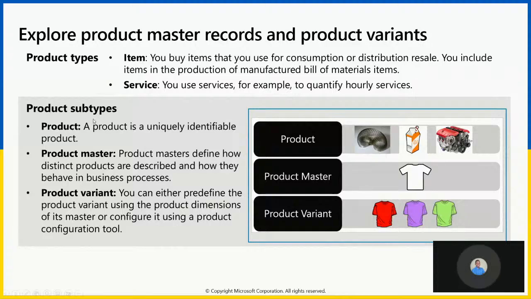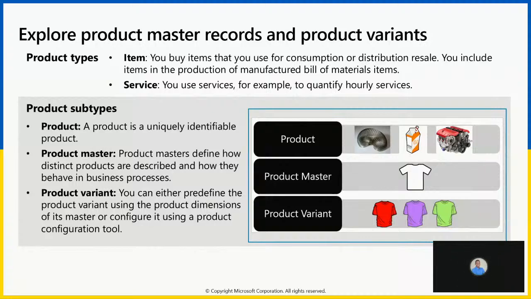Now we have product subtypes. A product is a uniquely identifiable product. So here we have products like a generator, a ring, a juice. Now a product master defines how distinct products are described and how they behave in business processes. So let's pick this white shirt for instance. This white shirt is a product master in the sense that this is the starting point of my product,